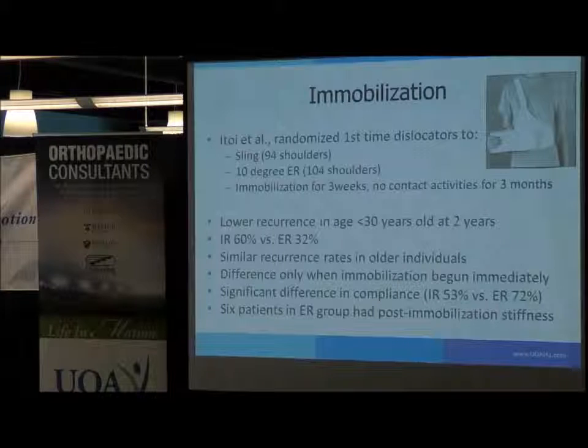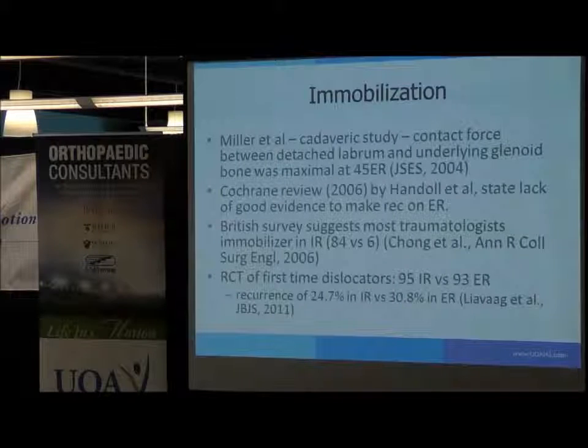So this theory was that if you externally rotate the shoulder, then it will make the anterior capsule tight, pull the capsule and the labrum against the glenoid, and maybe increase the healing rate. So this was met with a lot of fanfare. Here, the patients treated externally rotated had a lower redislocation rate than internal rotation. But the problem with this particular technique is that patients aren't compliant with it. It's hard to put somebody in a gunslinger sling and ask them to stay like that as opposed to the regular sling. And most high school kids are taking their sling off as soon as they feel good anyway,